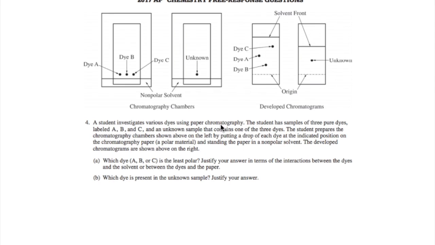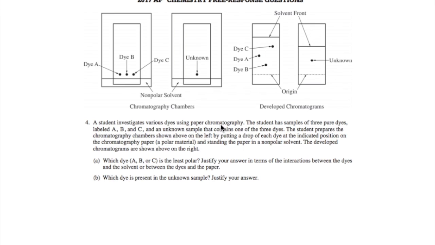Okay, so now let's move on to question 4a. So 4a asks us which dye, A, B, or C, is the least polar, and we need to justify our answer in terms of the interactions between the dyes and the solvent, or between the dyes and the paper. So if we look at the diagram, on the left we can see that all the dyes start at the same point. Then if we flick to the right, once the chromatograms have been developed, we can see which ones have advanced more than the others, and we can clearly see in the diagram on the right